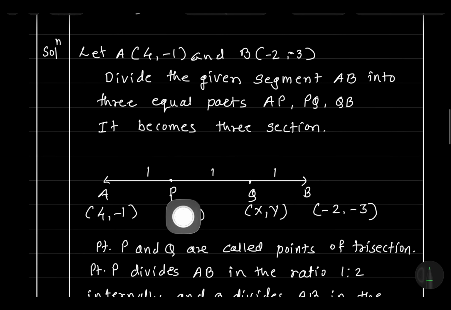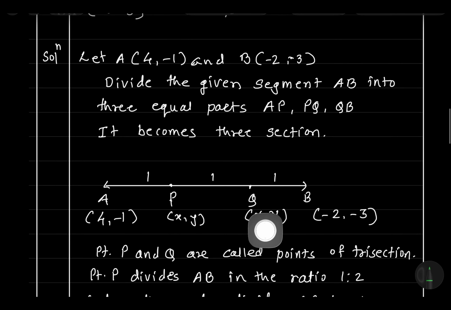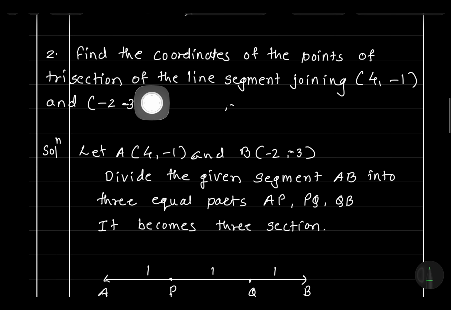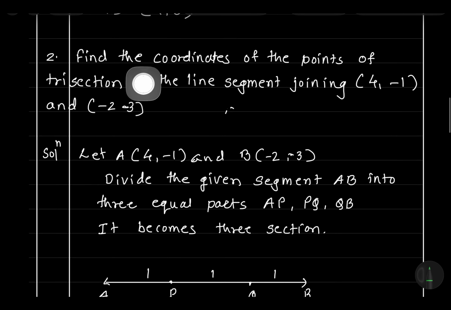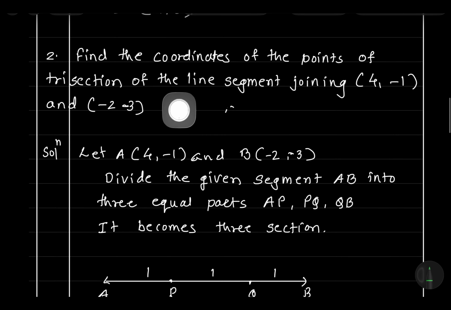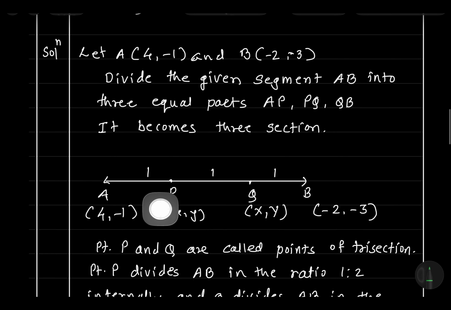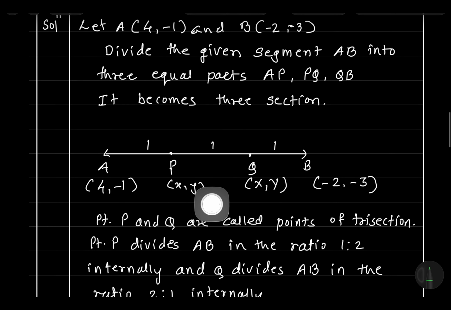That means we have to find the coordinates of these points P and Q. And why trisection, or why two points? Because the question says to find the coordinates of the points of trisection. When one line is divided into three parts, there are two points. Because of those two points, it becomes three parts, which means trisection. Now, with the help of the section formula, we have to find the coordinates of P and